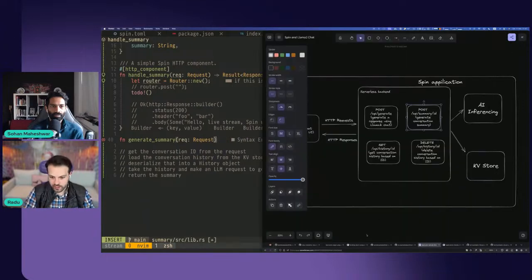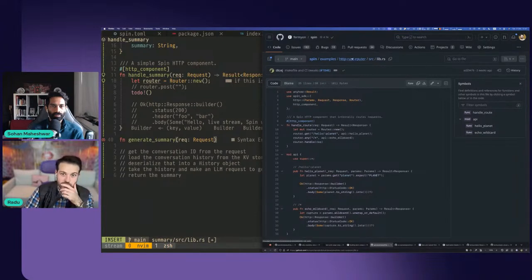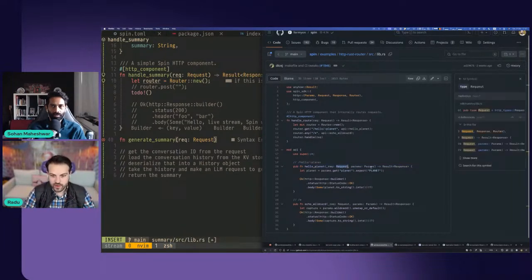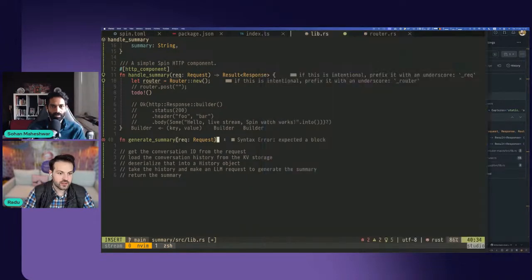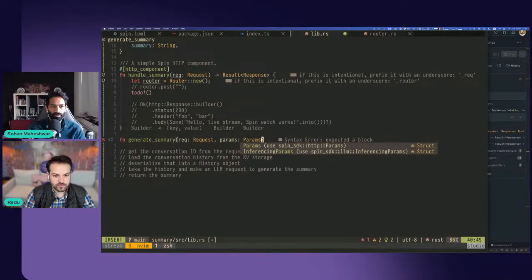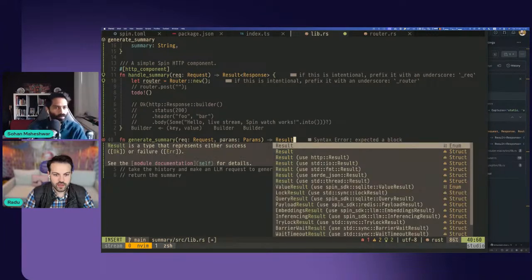By the way, if you're interested in learning about this, there are a couple of examples in the Spin repo that, in this specific scenario, use the Spin router. So if you're interested in where that's coming from and how to use the router in Rust, there are a couple of examples here. We're just going to create something really similar to this. So a function that takes a request and parameters and returns the response. So request, params, a result of a